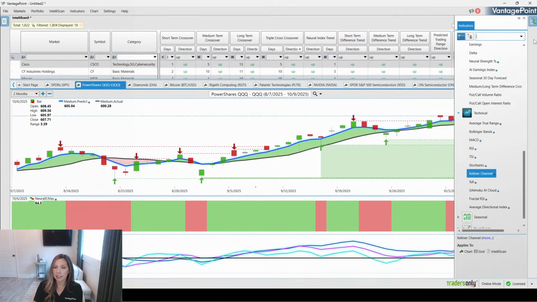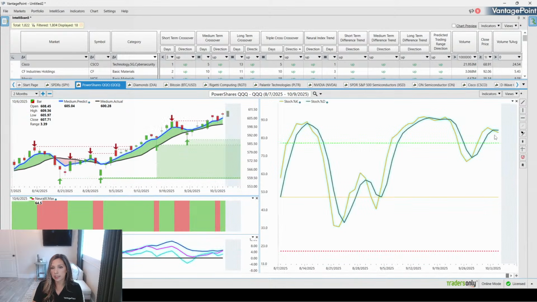If you want to add additional points of confirmation here, then you could use things even like your MACD or your RSI. Take a look at your stochastics here. You can see that your stochastics, which is a very sensitive momentum indicator. Who, by show of hands, who uses stochastics? Let me know in the chat. So I know whether or not we should dive deeper into that or put this on the rest of our